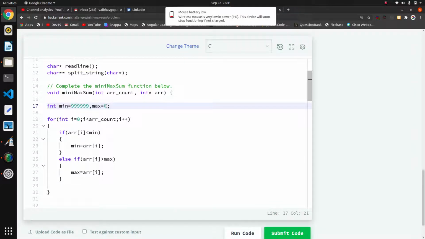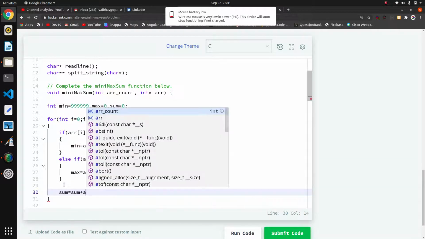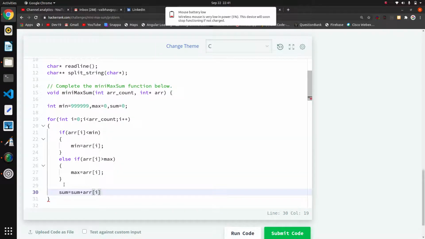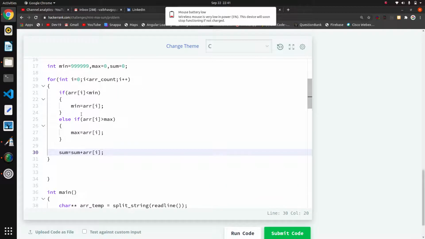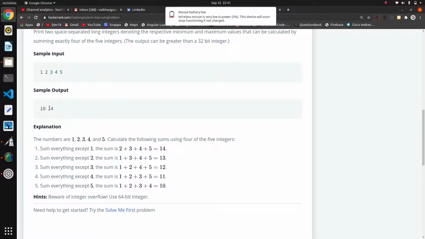I will create sum equal to 0, and at the end I will write sum equal to sum plus arr of i. I am doing everything in this one loop, which will reduce our time complexity. Now I have to print the minimum sum and maximum sum.